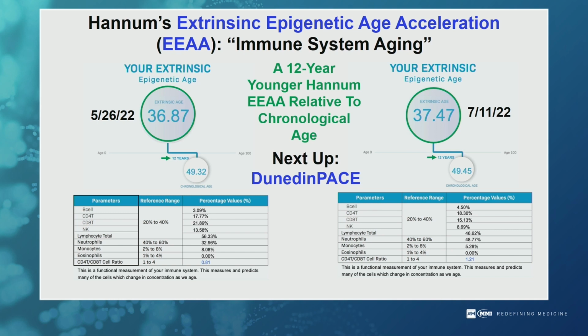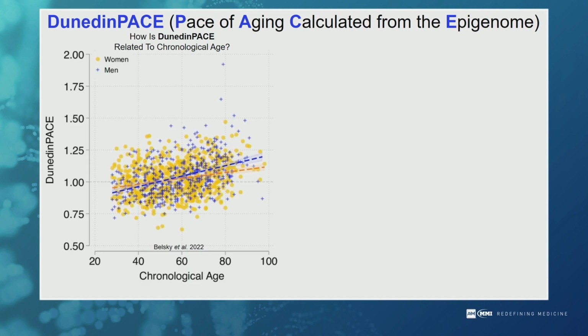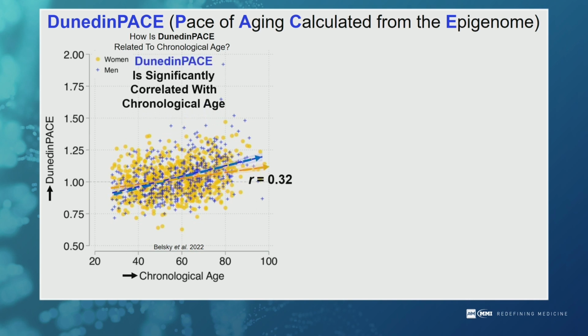All right, so next up is the Dunedin Pace epigenetic test, which, the name comes from the Dunedin study, and then PACE stands for the pace of aging, calculated from the epigenome. So just like we did for every other test, how is this test related to chronological age and all-cause mortality risk? So first, when looking at the correlation for Dunedin Pace with chronological age, we can see a significant correlation,